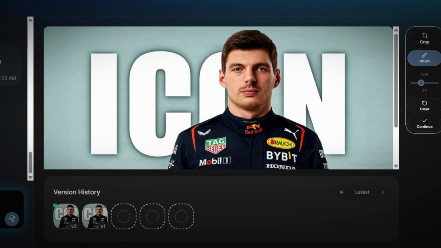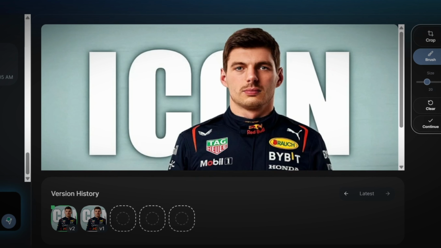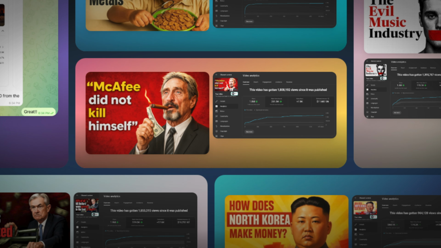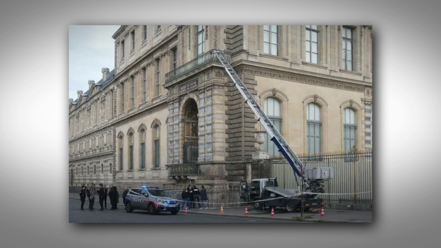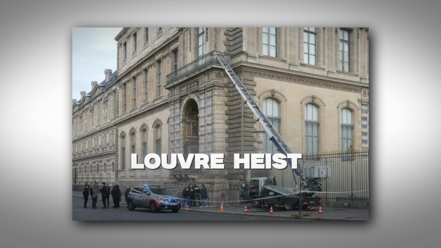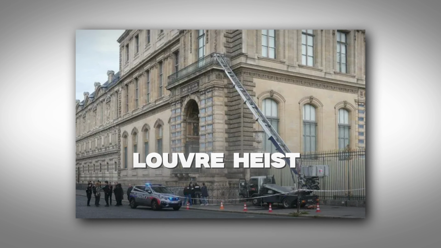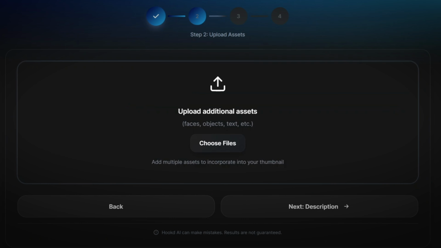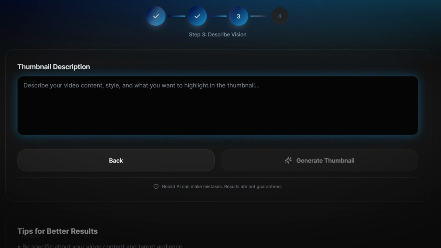Up to this point, we've been modeling thumbnails from winning videos, which is what I recommend for beginners. But you can also use Hooked AI to create a thumbnail completely from scratch. Let's say you're making a 3D animated video about the Louvre heist. A totally different concept from anything we've done so far. You still go to hookedai.com, hit generate, but since you're doing this from scratch, all you need is a solid